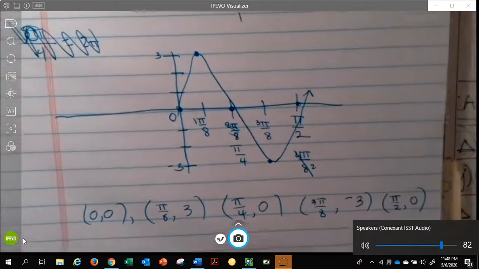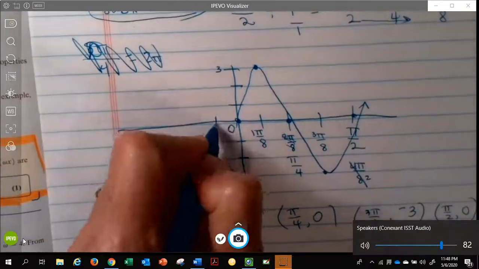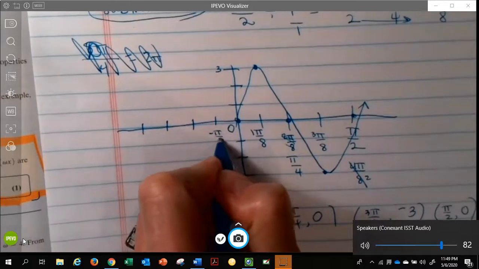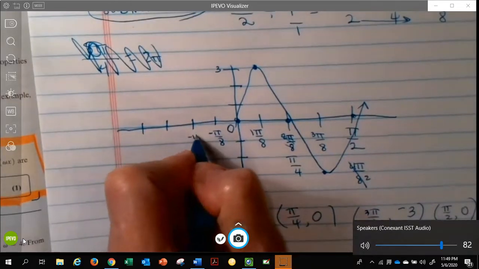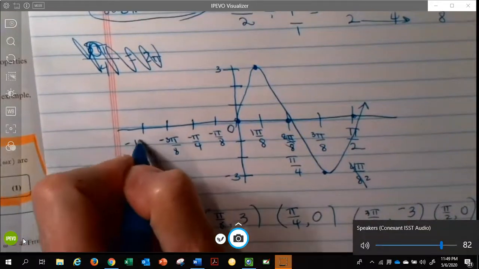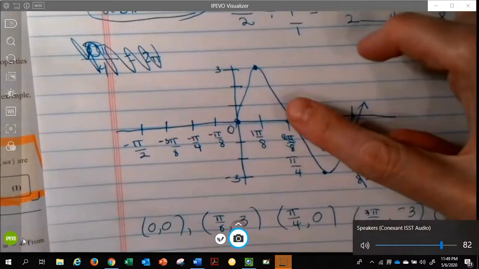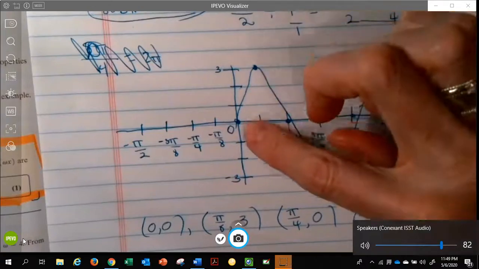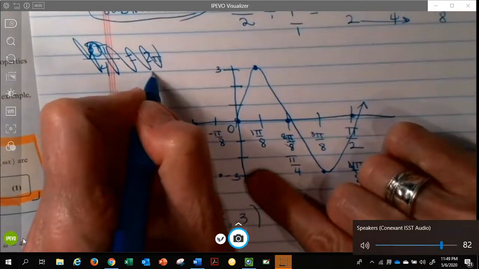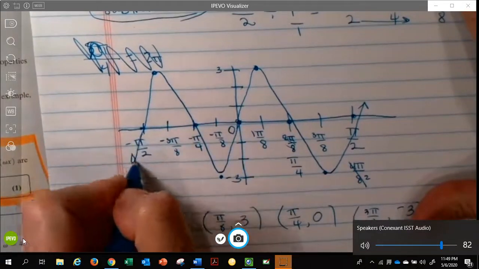Now to get the next cycle, you got to play around with what we played around with here. If I went a positive 1/8, then here I will be able to go a negative 1/8. And I'll be able to go a negative 1/4. And a negative 3 pi over 8 and a negative pi over 2. And what I have to keep in mind is what's the pattern. Here I started at 0 and went to the high point. Since I'm starting at 0, what's coming next will be a low point, back to 0, back to a high point, back to 0. And when I connect those dots and give myself some arrows,